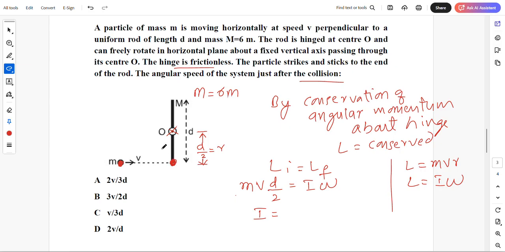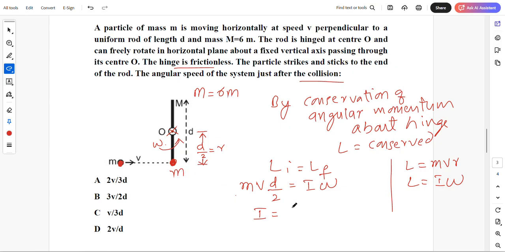Okay, the mass sticks here. This will start to rotate like this. Omega final is the angular speed of the system just after collision, which we need to calculate. Now, that is equal to... once this mass comes and